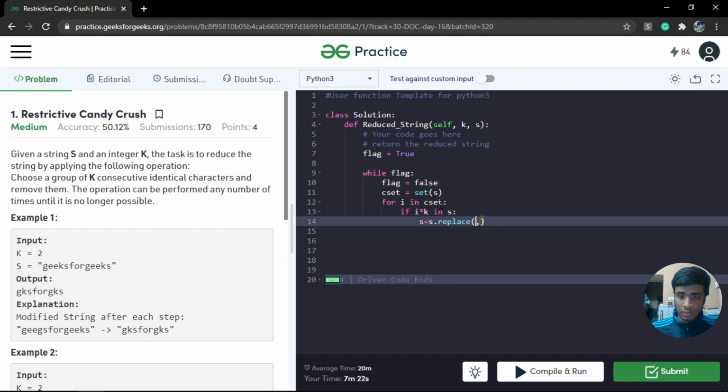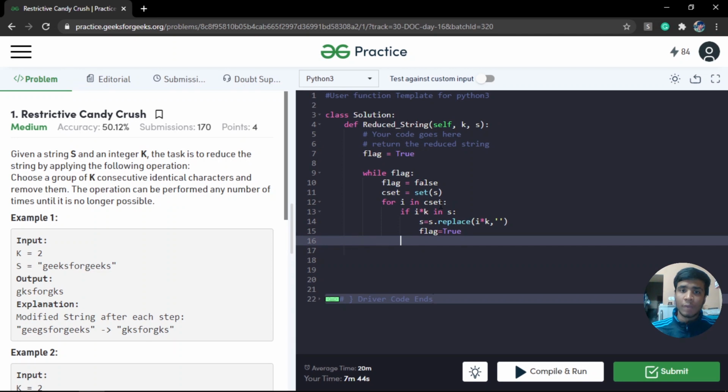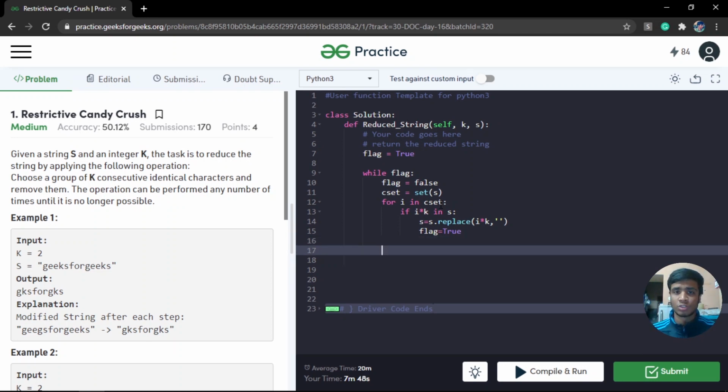I'm trying to replace i times k, where i is my character appearing k consecutive times, with an empty string, which means we are removing it. And I set flag equal to true, since removal is possible in this case, and we'll try again in the next iteration. That continues until we have no chance of any further reduction, and then the flag will become false.